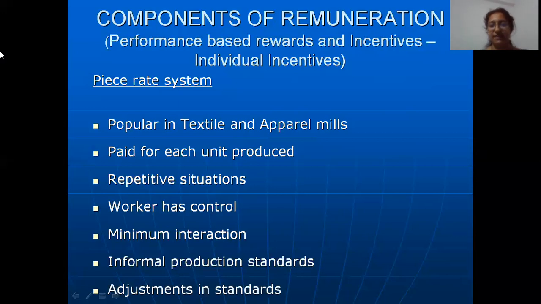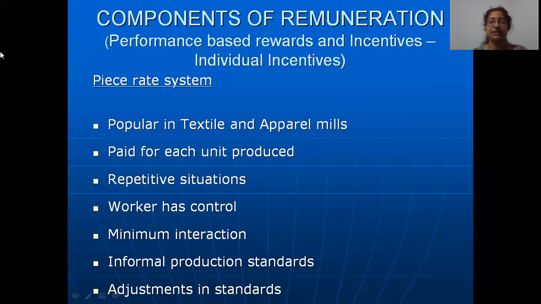So the management has to keep control. See, this situation may be either in the company's favor or it may turn against the company. But to avoid such situations, the management has to keep control on it. Then there is the last point of view. One more disadvantage of a piece rate system is the